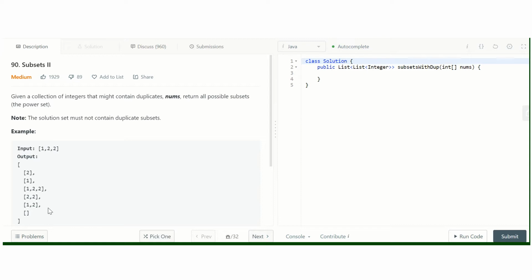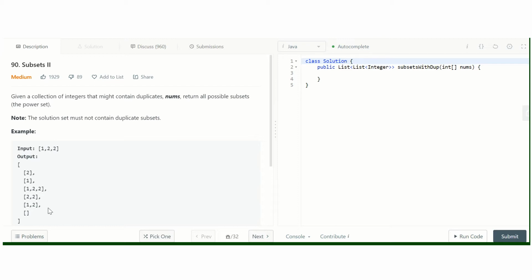If you try to insert a duplicate subset into the hash set, it will discard it. But keeping a hash set alone would not solve our problem at all.